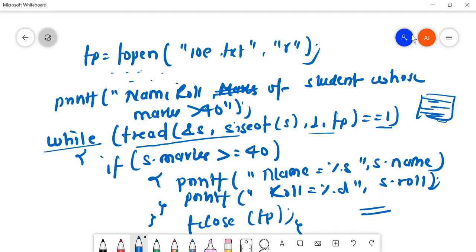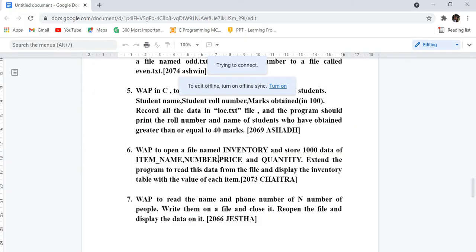Fine. So this is also a very good question. I think this is the question they have told. We have to just print it. If you have to write this content again in some other file, we would have used the fwrite function. But we have to just print it, simply display it, so we'll use the printf function. This question they have asked again for 8 marks. Fine. So next question is,